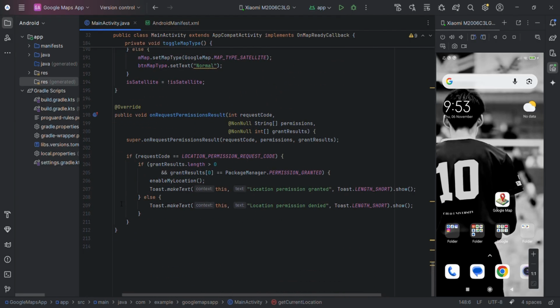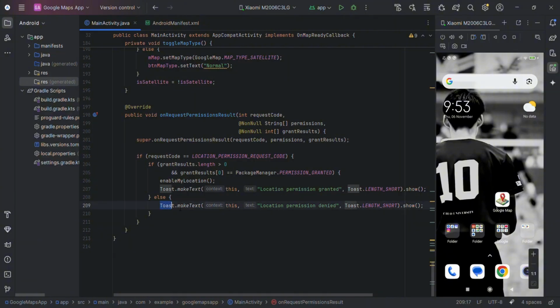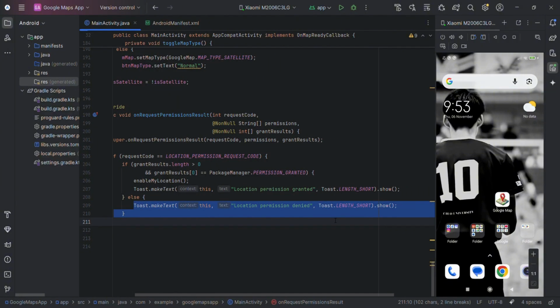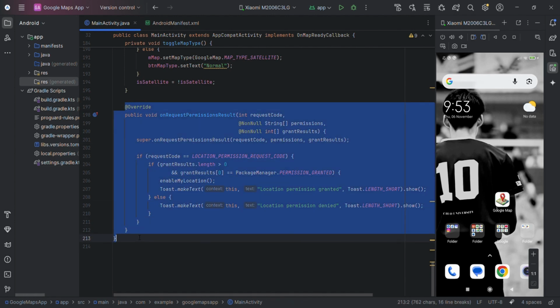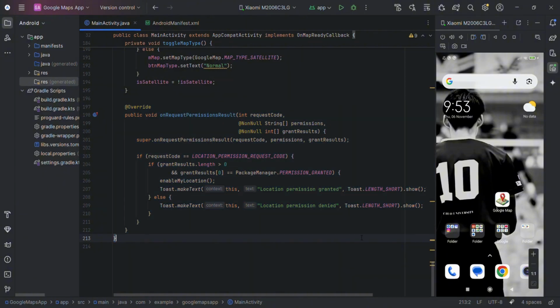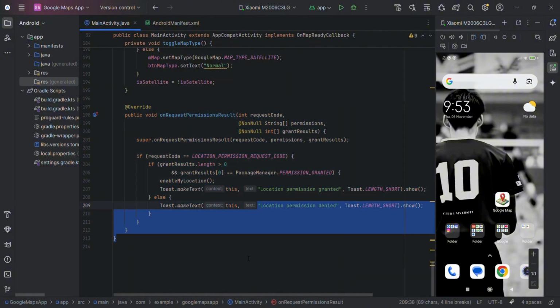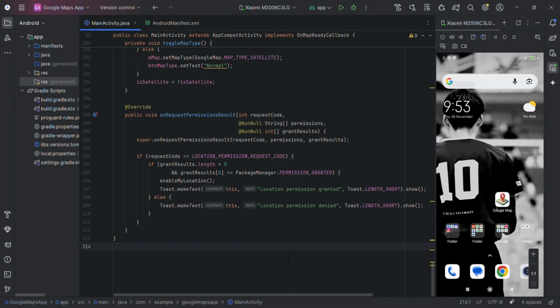So here we check if the user granted the permission. If not, a toast message "Location permission denied" appears. This prevents the app from crashing when trying to use location features.